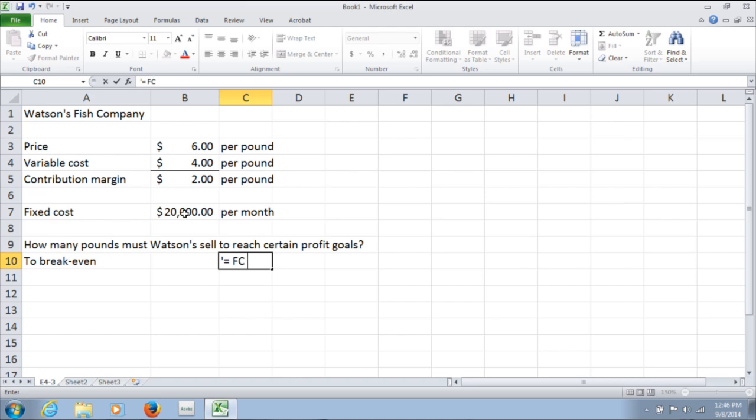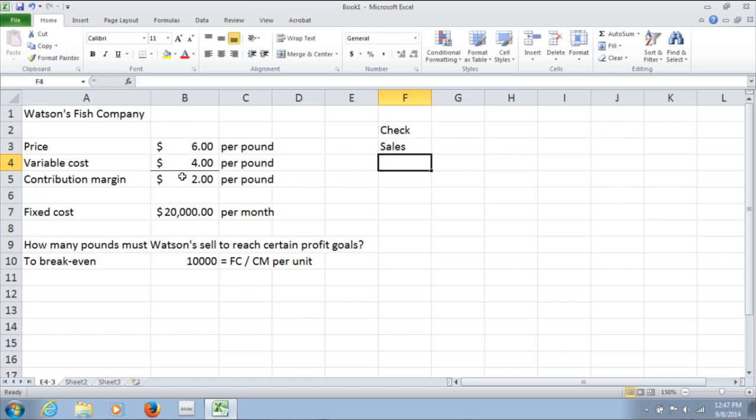the way to think about that is we would take our fixed cost and divide by our contribution margin per unit, or per pound in this case. So we just take the $20,000 fixed cost and divide that by $2 per pound, and that will give us 10,000 pounds to break even. Another way to sort of check that